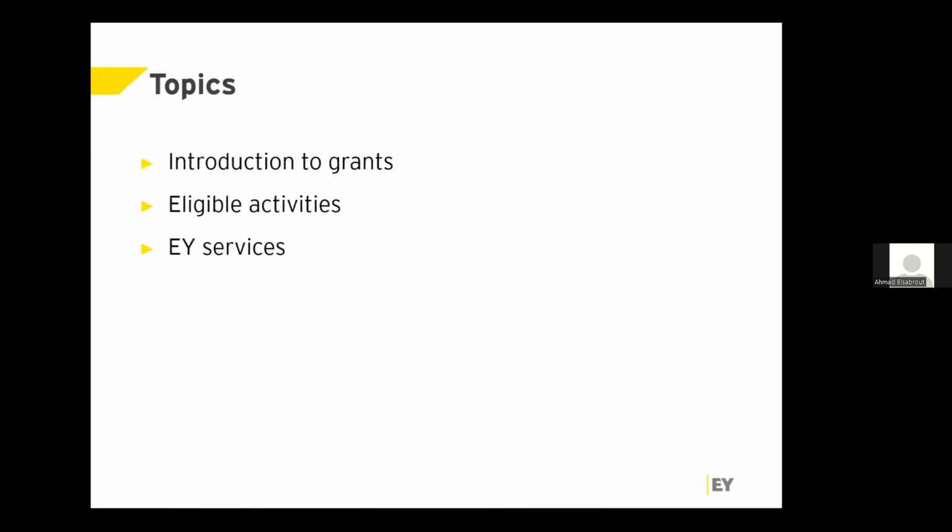So jumping on to the next slide. Thanks, Alex. So quick overview of what we're going to cover today. We're just going to go over an introduction to grants, what are grants, and then explain the eligible kinds of activities and give an overview of the competitions that are open right now. And then finally, we're going to close off with our services and how we can support you in applying for